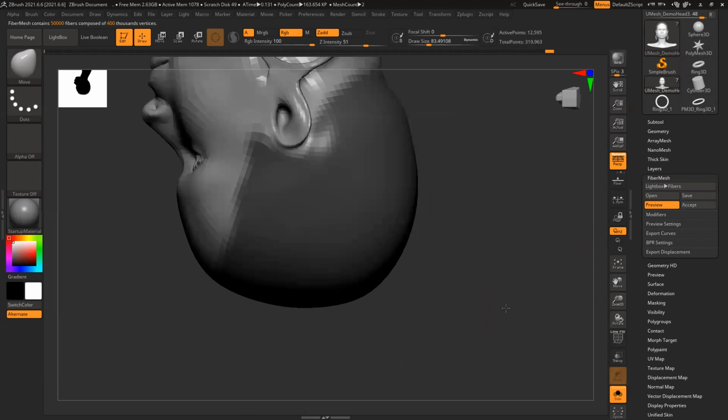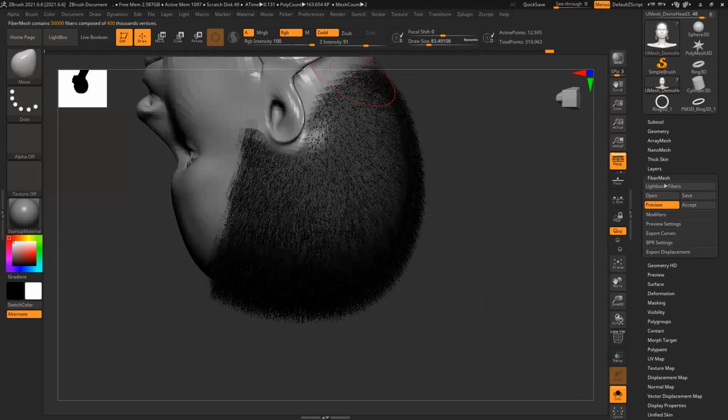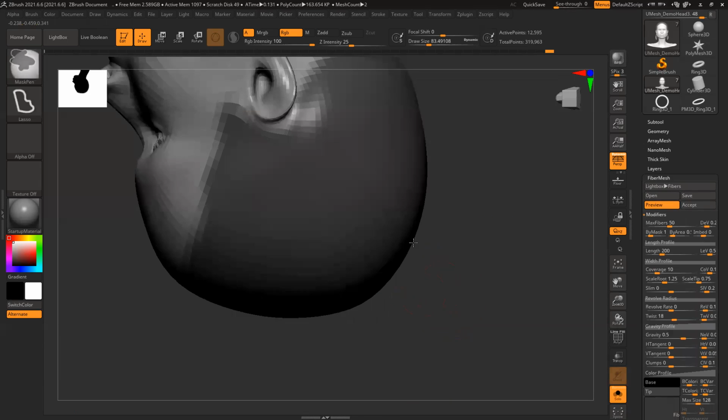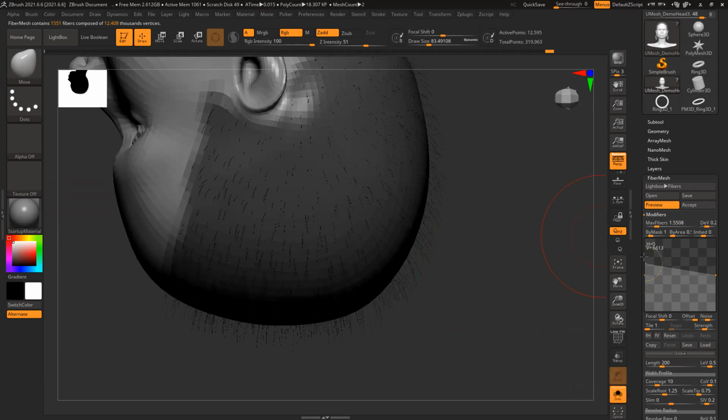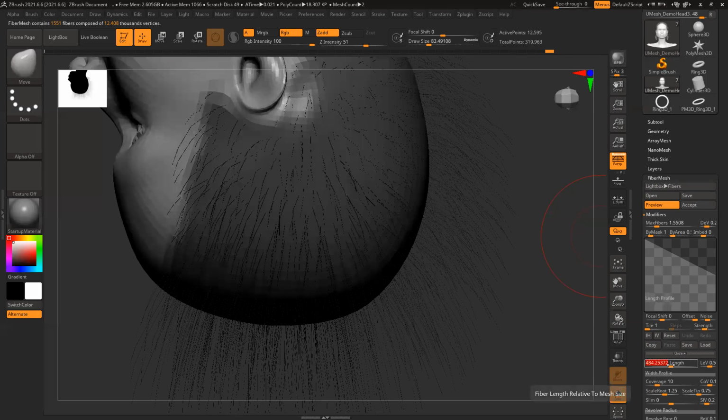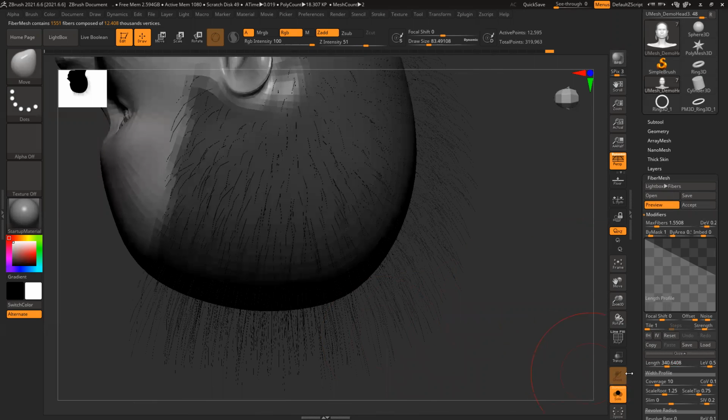Preview. Based on the direction on the screen, it will generate here. You see this direction. It's a beard. Gravity is always down, right? Now in the modifier, I can control the number of fibers, fewer because I'm going to use alpha cards. Length, I can definitely increase, and make it slightly narrow, slightly tapered. Usually the beard is like that. And now we have width and all. Length I can control slightly, more than enough. Coverage.